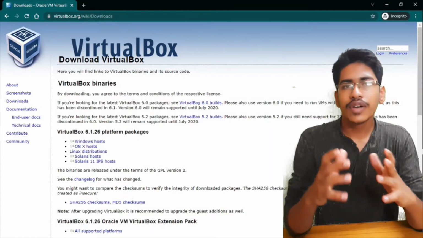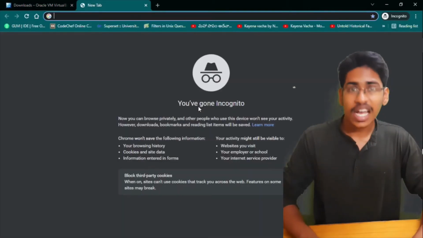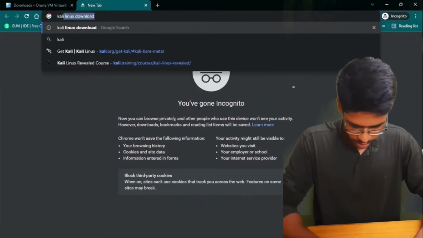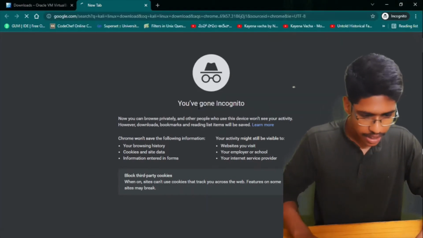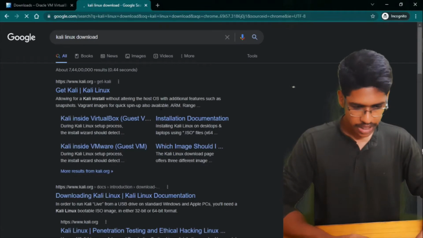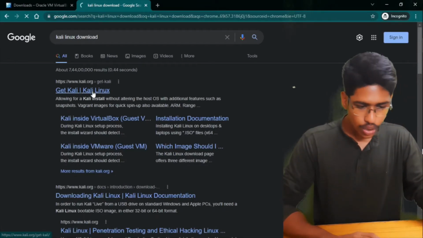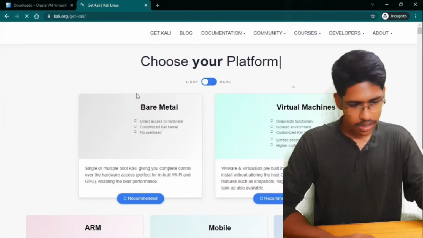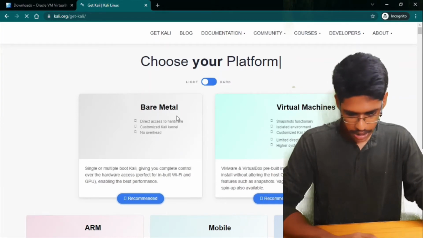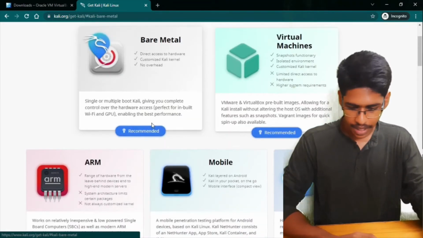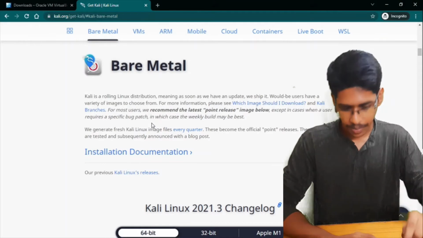And now that we have downloaded VirtualBox, let's download Kali Linux, which is the main thing. Just type Kali Linux download, and then I'll go to the official website of Kali Linux, since it is also open source. And then we will be downloading the bare metal one, not the virtual machine one. Remember that.